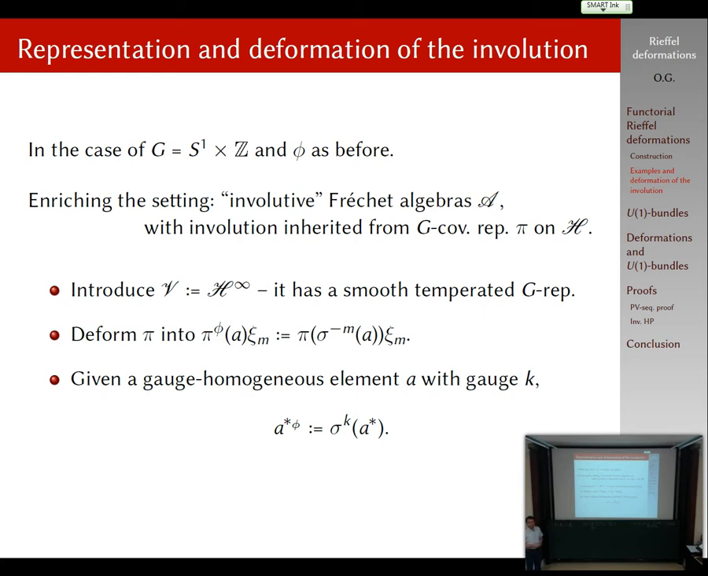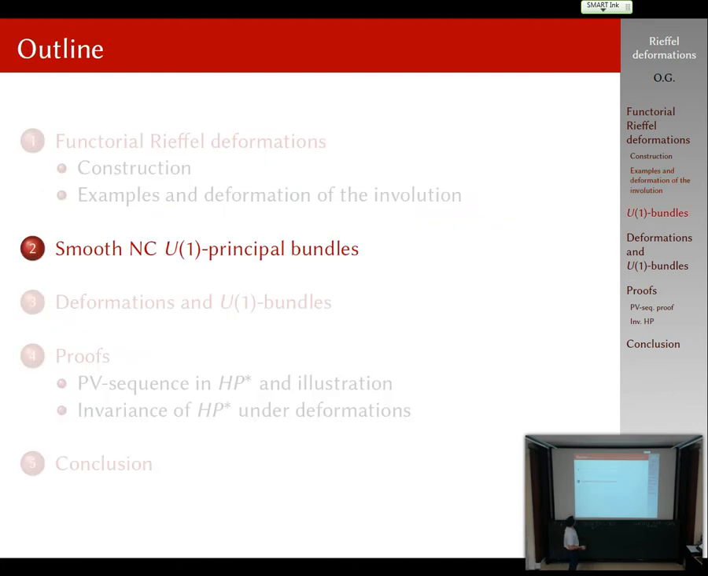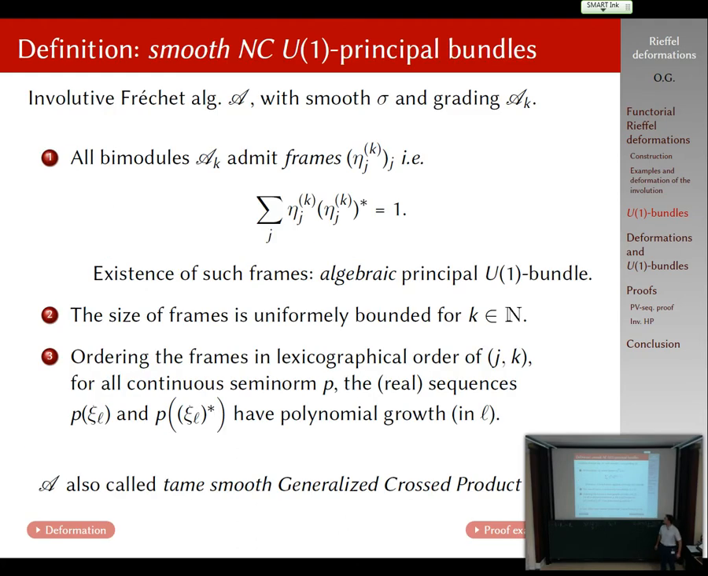The question is whether this is going to happen for more general groups. And Ralph is arguing that yes. So I have some checks to make before telling that for more general cases. Okay, so now examples of these to see how these functorial deformations can be applied to concrete situations. You take an involutive Fréchet algebra A with a smooth sigma and a grading AK, so